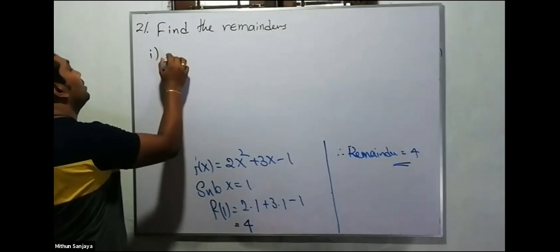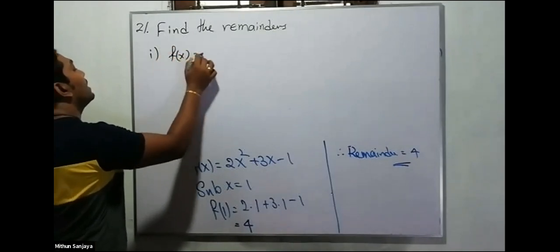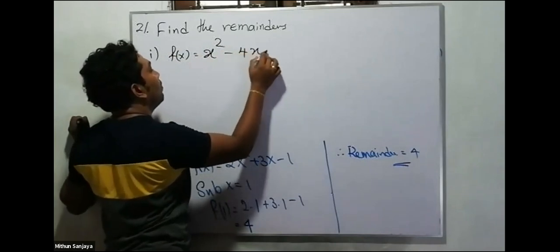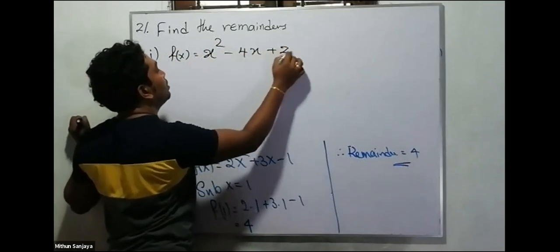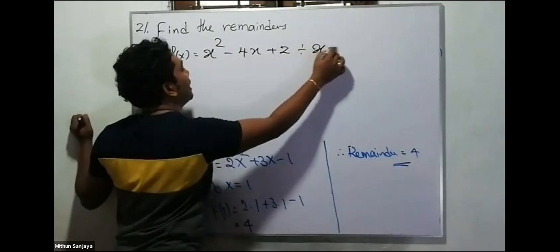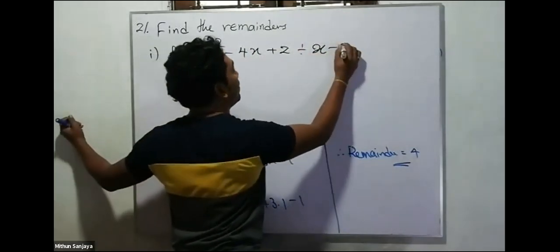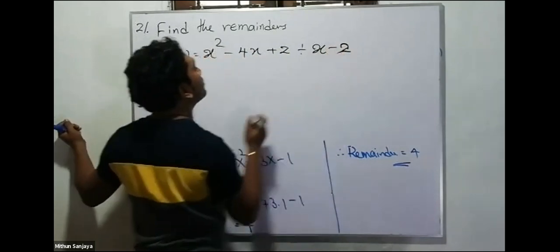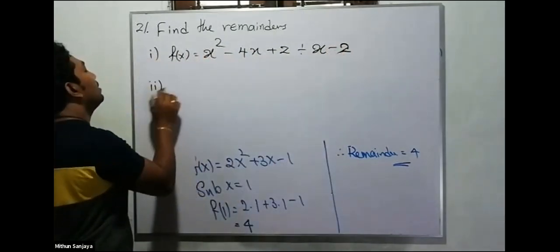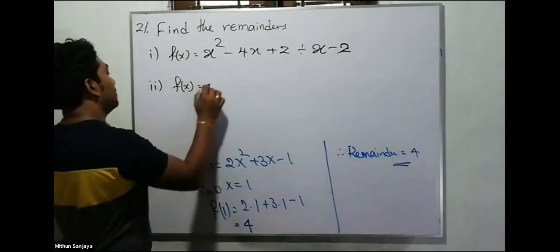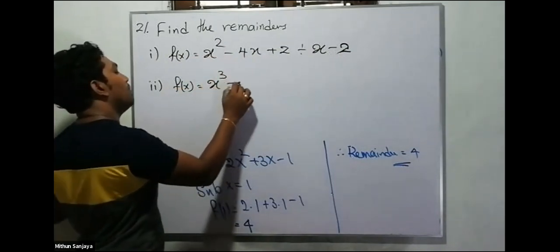Here's the first one: f(x) equals x cube minus 4x plus 2, divided by x minus 2. Second one, f(x) equals x cube minus